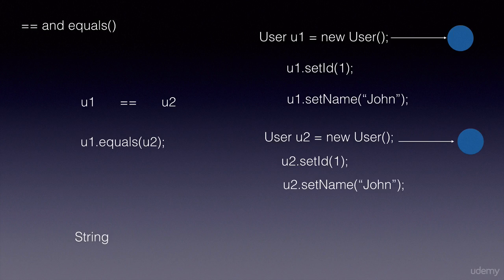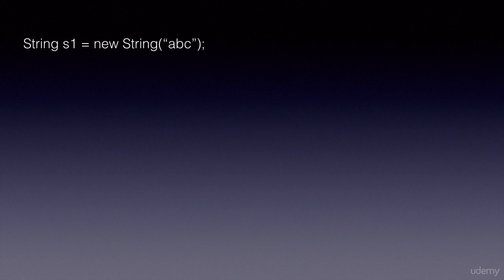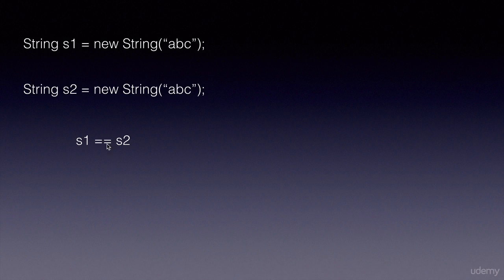There is an exception for strings, primitives, and enums. For the wrapper types, strings and enums, the equals method is already overridden to do a deep comparison. For example, if we create two strings with the same contents, ABC and ABC, s1 == s2 will return false because we are using a new operator to create a string. In both cases, they both have two different memory locations. This will return a false.